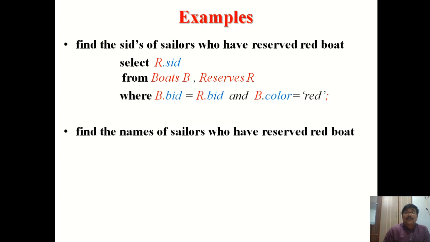And what tables do we need to get this output? We need names from the sailors table and reservation details from the reserves table. We need to compare the color, and the color is available on the boats table. So names come from the sailors table, reservation details from the reserves table, and color comparison from the boats table. So here we need three tables: sailors, boats and reserves. Let us write the query.